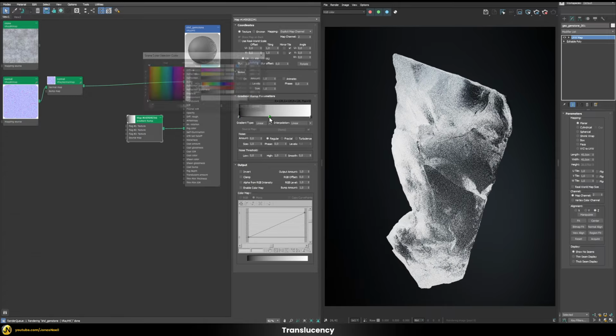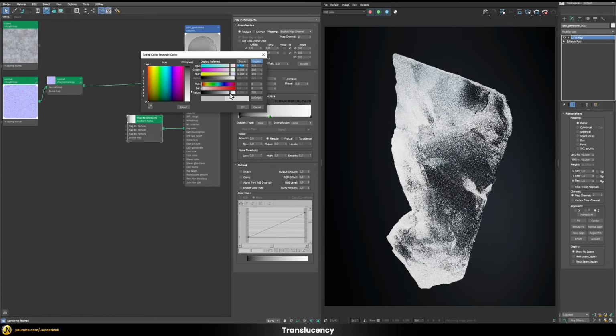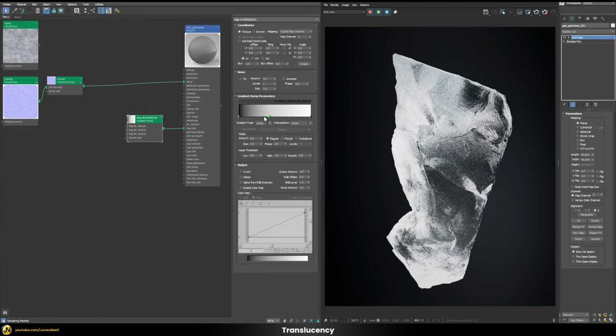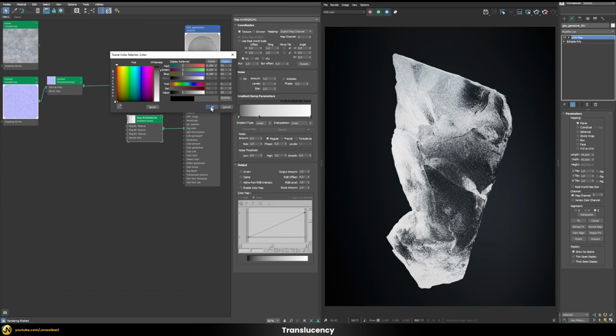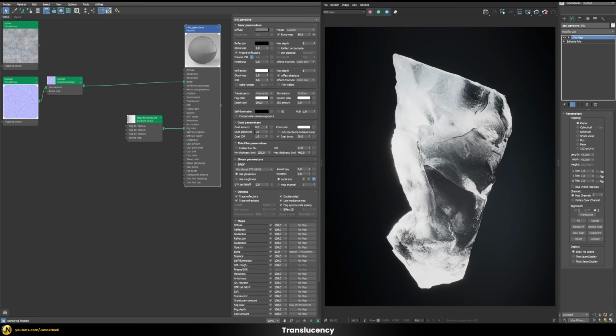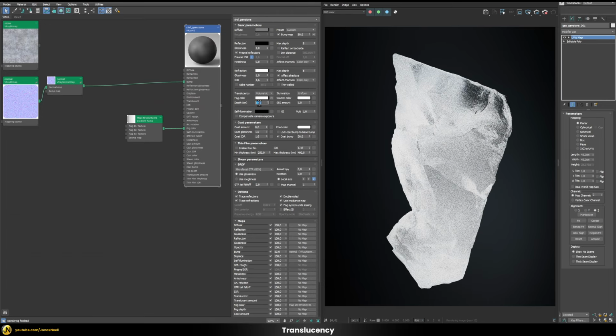Let's play around a little bit with the values. Let's put this one, for example, a bit higher, and let's move this down. And then this one, I don't want to be completely black. Maybe something like this in here. Now we can go back and play with our depth. Let's use a depth, for example, of 10, or something like 15, maybe 10 is better. We can see that we have some transparent part up here, and then the more lower we go, the more we will have this kind of more solid appearance here